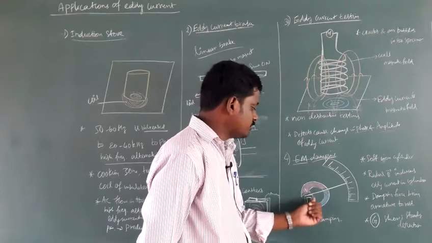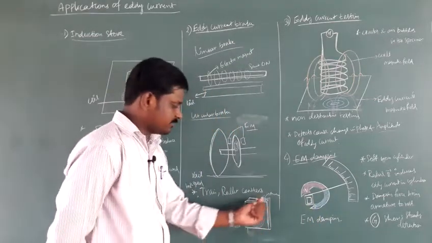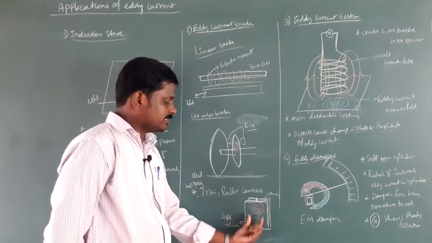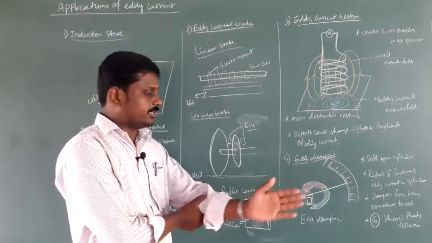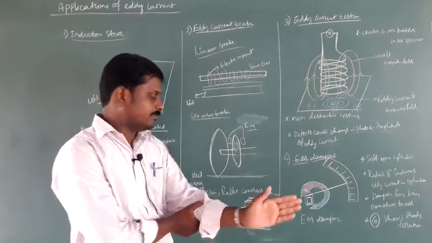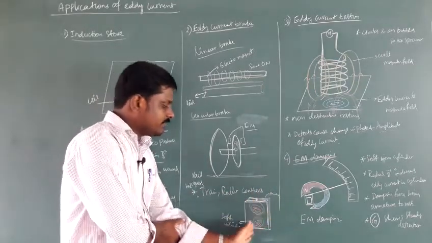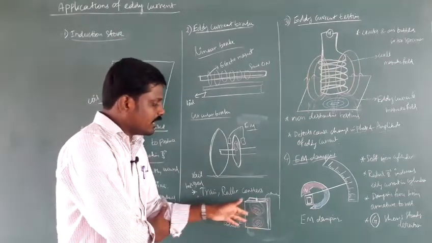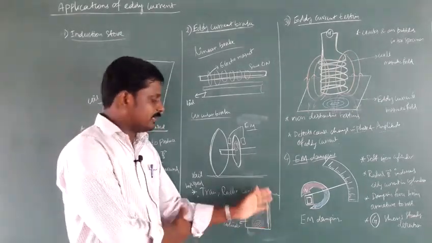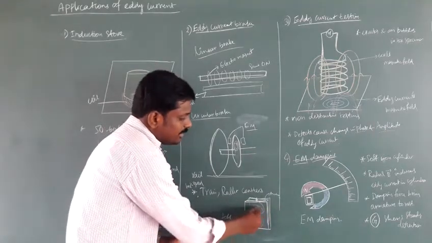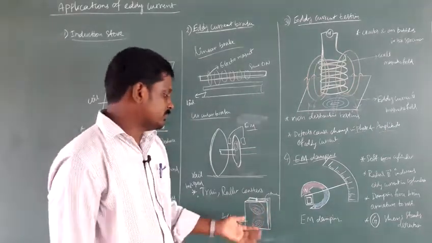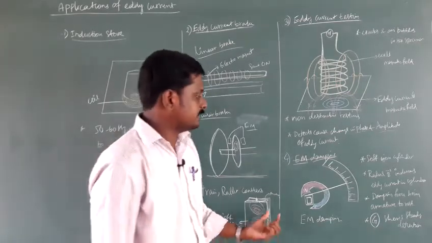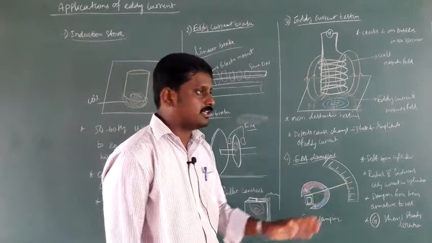So when current flows, there is a change in the magnetic field. The armature is rotated, and there is a deflection of the needle. The soft iron cylinder inside is also moving. A magnetic field is produced by the armature, so there is a change in magnetic flux. An induced current is produced in the soft iron cylinder. That induced current, that is the eddy current, stops the motion.